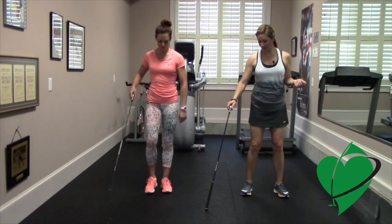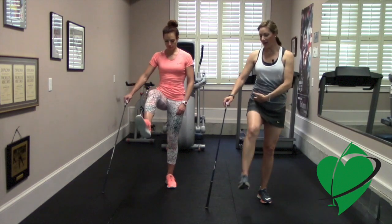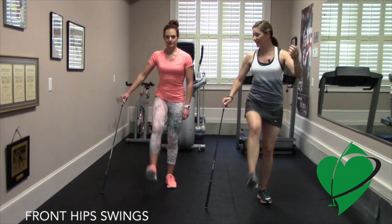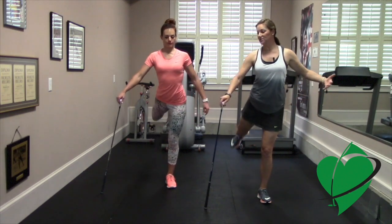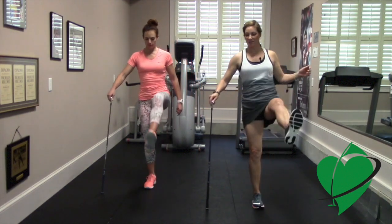So the first exercise is going to focus on our hips. So you're just going to hinge from your hip and then swing your leg back and forth. And we're going to do about 8 to 10 repetitions on both sides. The idea here, Megan, is to get that hip to go through the full range of motion. These muscles tend to be tight in golfers. So let's do 2 more on this side, then go ahead and switch, and let's do 8 to 10 on